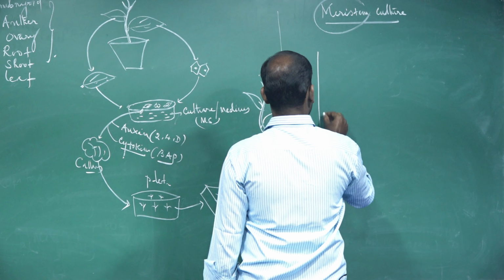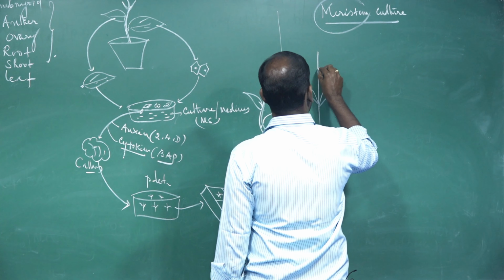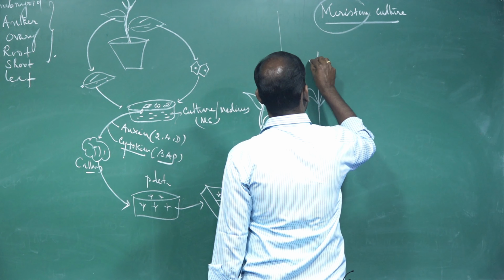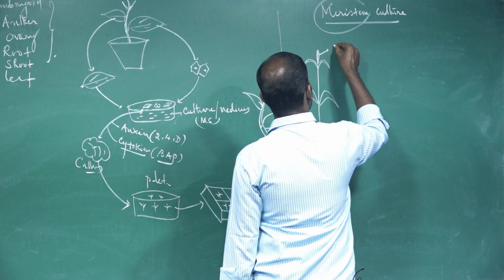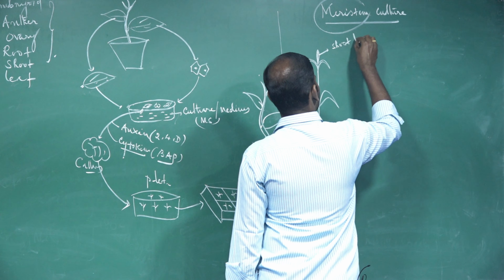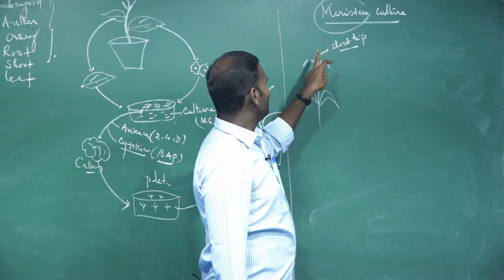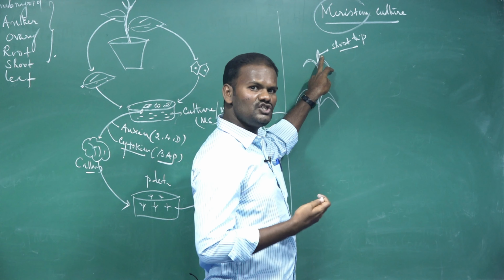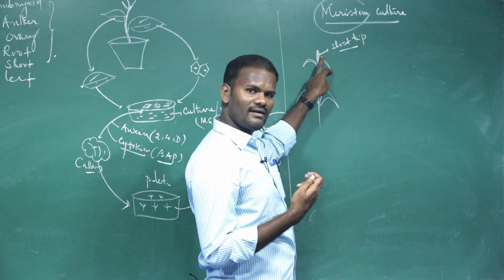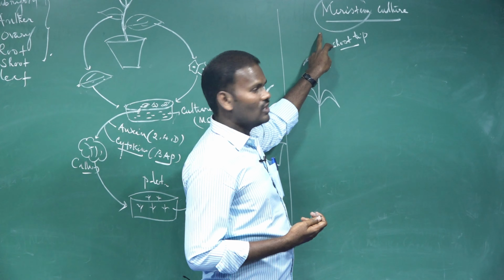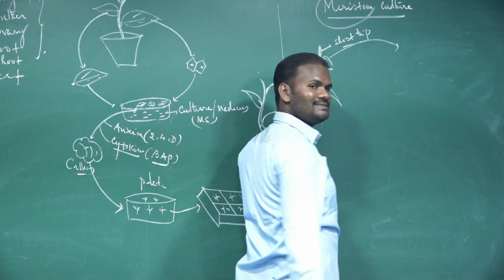Yes, it is the shoot tip. Shoot tip. It is an actual growing point. In this region the cells are actively dividing, and all the dividing cells get elongated. As a result, cell growth takes place. So if the tip of the plant body is removed, that is used as an explant.